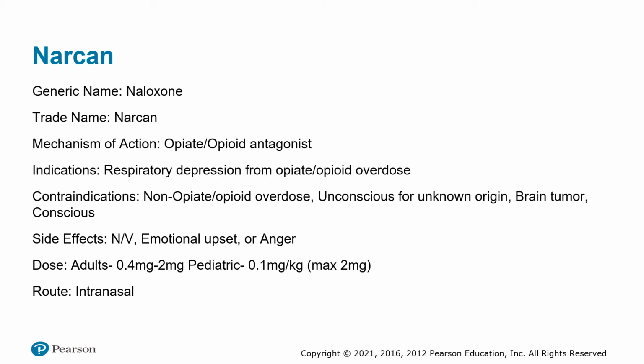Okay, you can't give it to a patient who has taken marijuana because it won't work. Other contraindications are unconscious for an unknown origin. So if we don't know that they have an opiate or opioid overdose, we don't necessarily want to give the